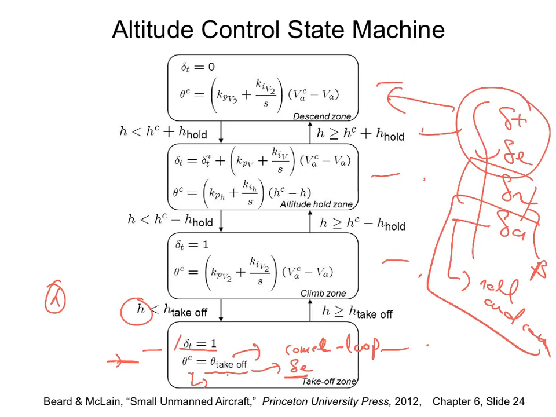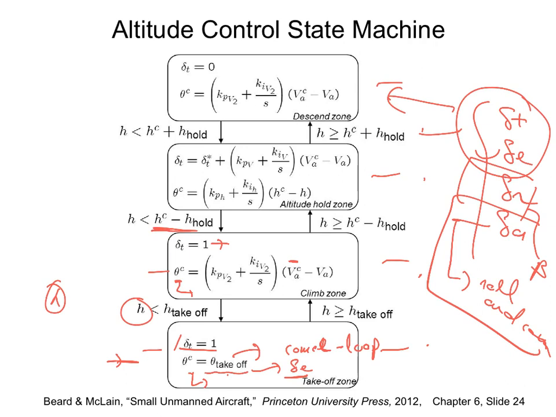So the second step again: if your height is above takeoff and below hc minus h hold, that means you are in the climb zone. In the climb zone, your throttle is 1, and you are controlling your airspeed using pitch. Once you compute this, which is the output of the airspeed-to-pitch loop, you can again call your